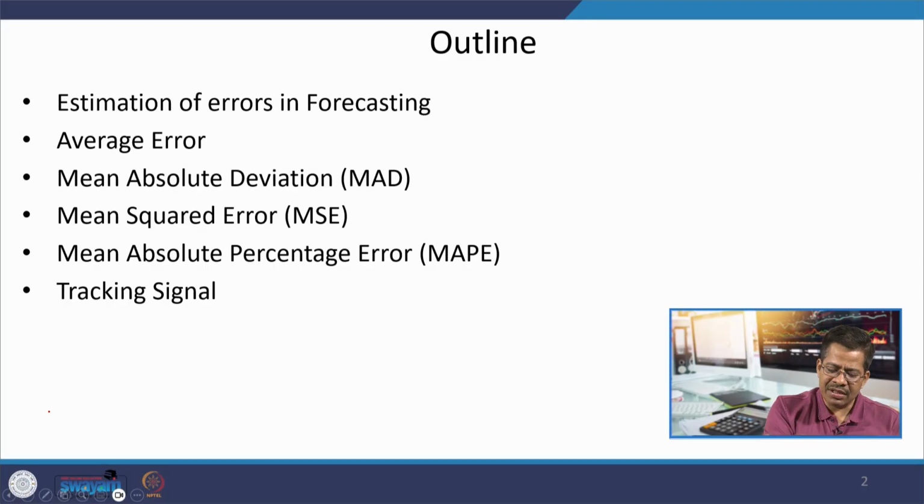That is what we are going to discuss in this particular session, in how many different ways you can express your error. Error is the same. I estimated 200 units, but actual demand came to be just 150 units. So, the error is 50 units. Now, this error of 50 units can be expressed in multiple ways in the coming slides, where we are talking about the estimation of error in the forecasting process.